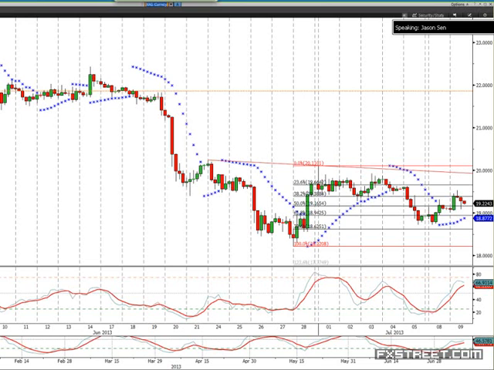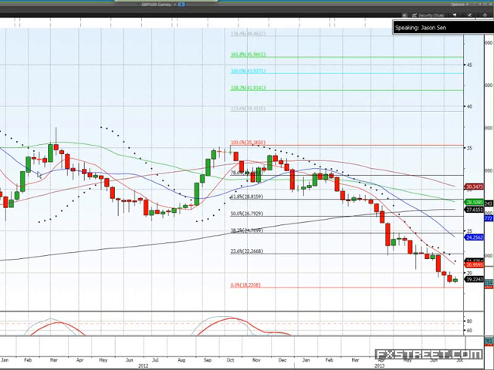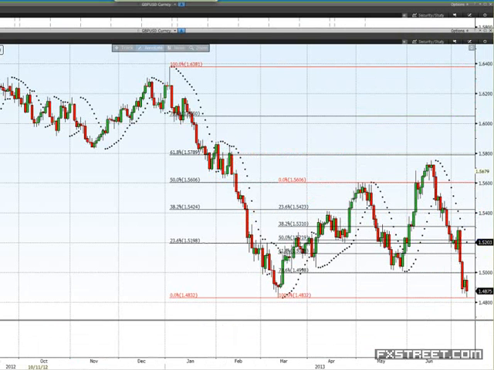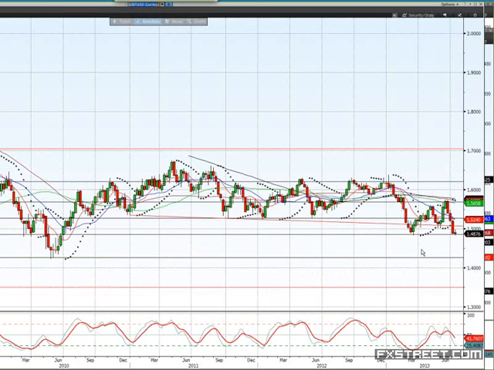I'll have a look at cable, because that's been moving around quite a bit today. Sterling versus dollar, cable, is quite interesting, and I'll show you why. Blow this one up a bit. Okay, so this is a weekly chart. As you know, I like to go as far out as possible when I start having a look. It goes back to 2009, in fact, right to the beginning of 2009. So in effect, we haven't really gone anywhere in that time. We've been stuck in quite a big range. But recently we've been selling off.